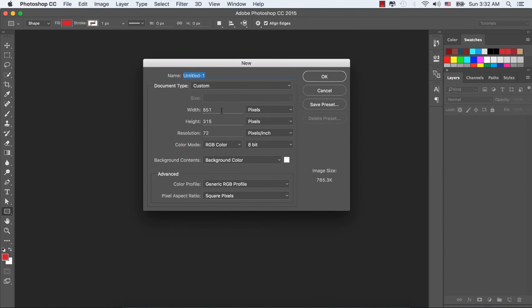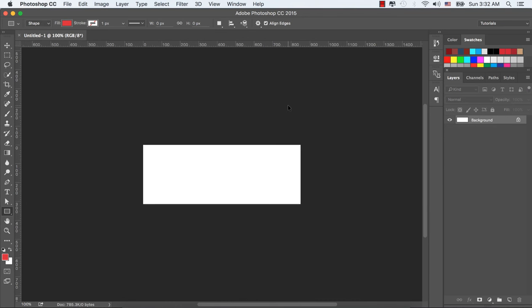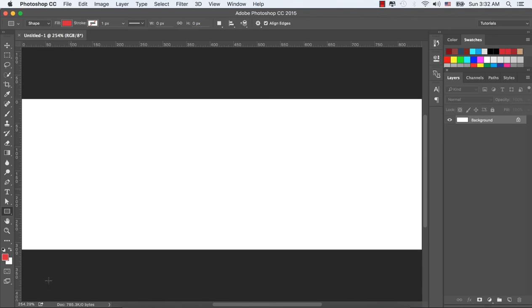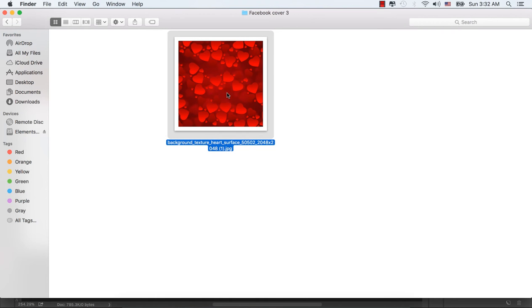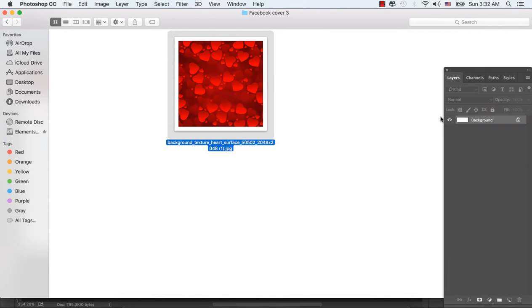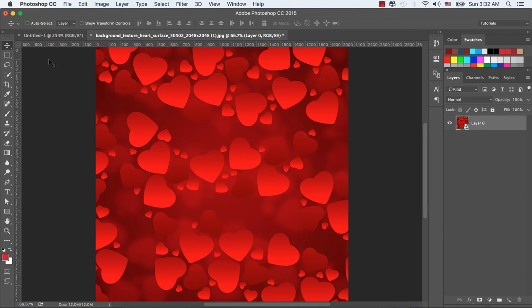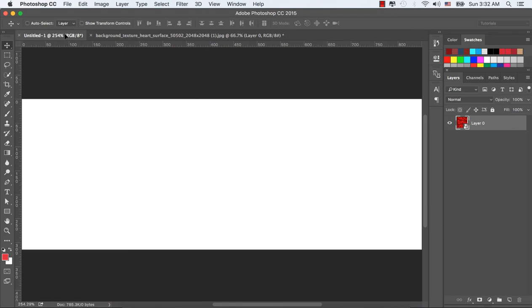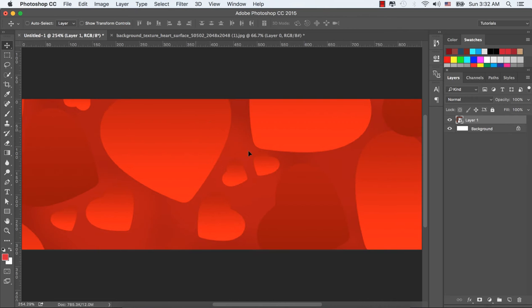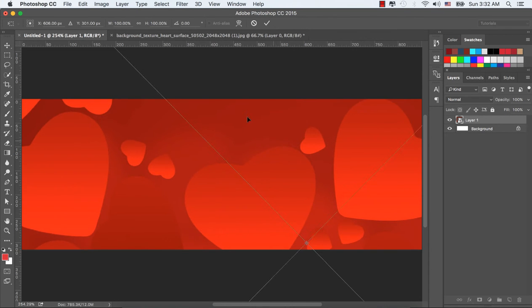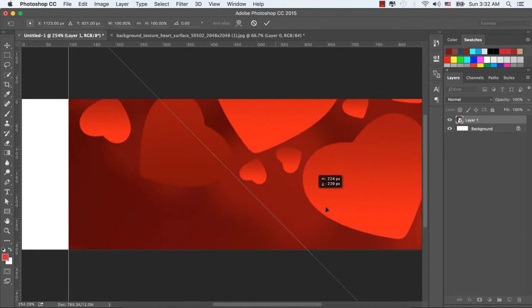Let's click the file and press new, and we put a new file 851 by 315, and we open the new document, and let's bring from our image folder this background image. Let's convert it to the smart object, and let's bring this image to our document,